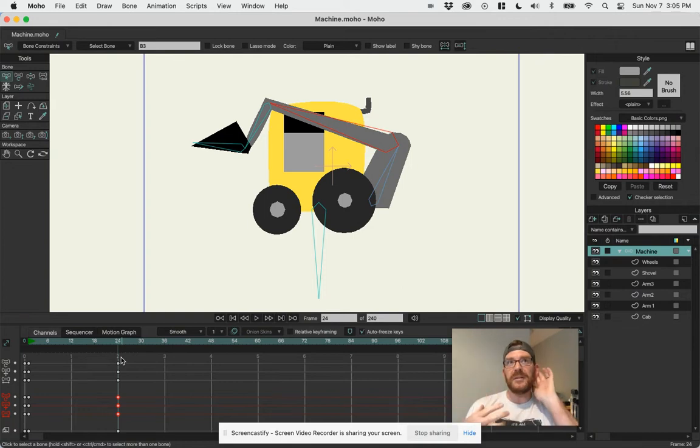So I got to figure out my action. My action would be maybe it's going to scoop. All right, it's going to come down and scoop. That's it. I need to anticipate that. And we're making cartoons, so it should be exaggerated. So instead of just coming down and scooping, I need to get ready for it. I need to go like come up and then down,